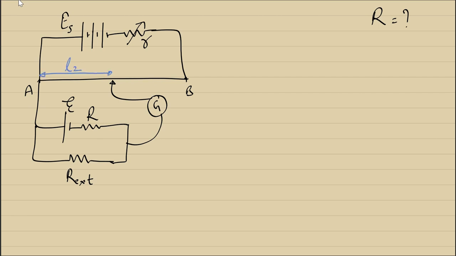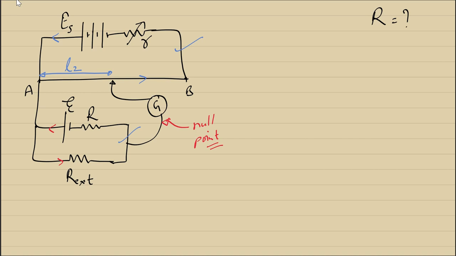Now I am repeating again that after finding the null point, you treat these two circuits as two independent circuits. Do not mix them, to avoid confusion. The concept remains the same. The current flowing through the circuit of the potentiometer will flow in this fashion, and the current flowing in the external circuit will continue to flow in this fashion. But there will be no current through this galvanometer because we have found the null point. So these two, as you can see clearly, are two independent circuits. So you need not mix them. The concept again remains the same.